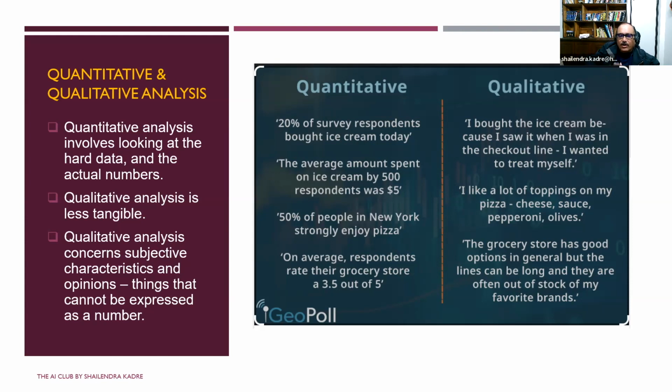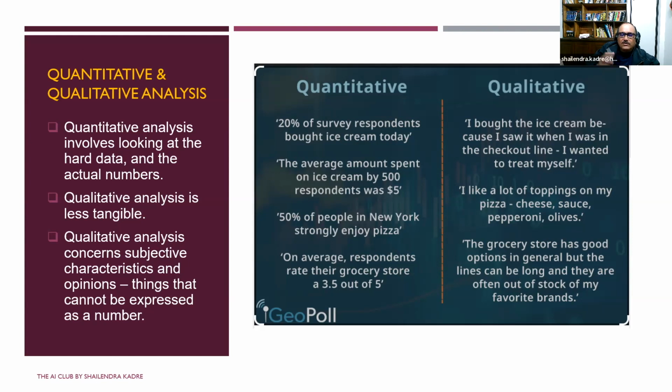Surely, maybe it was a hot day and something like that. So 20% people bought. It is the example of qualitative analysis. Another example is the average amount spent on ice cream by 500 respondents was $5. So a total of 500 responders said that they purchased ice cream and the average amount spent on the ice cream was